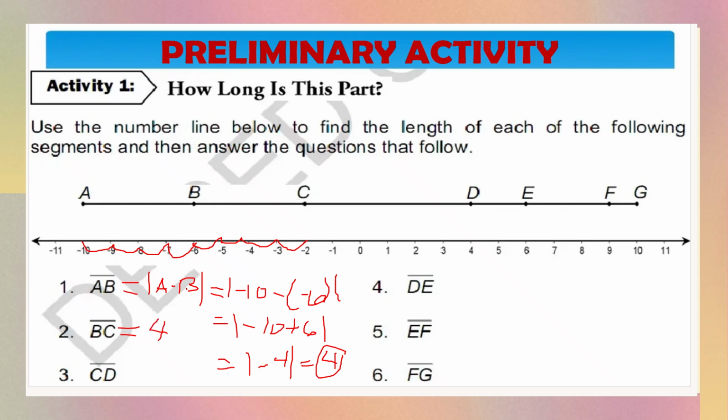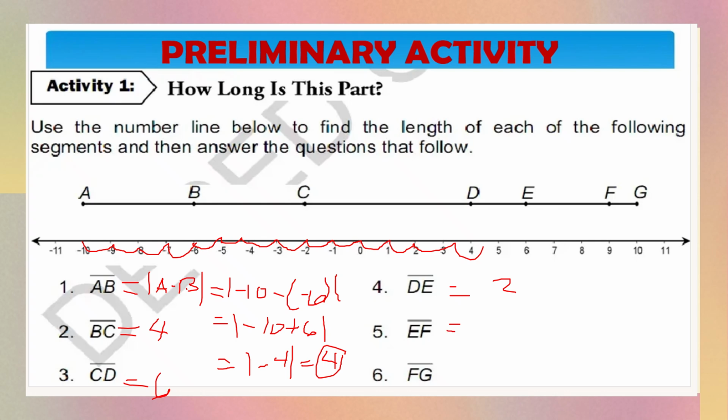And then for CD, we have -2. Okay, so we can move 1, 2, 3, 4, 5, 6. So there are 6. Okay, so it's either use the formula or the distance formula. Or, what do you call this one, we're moving it up. So for DE we have 1 and 2, so 2.